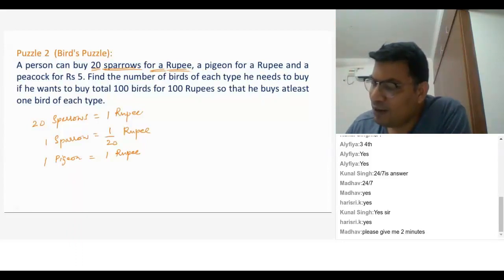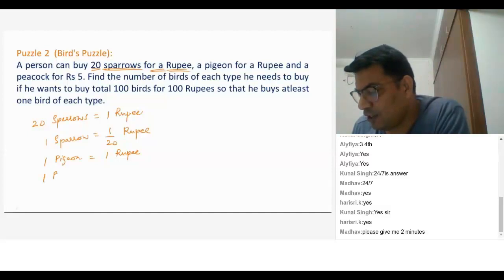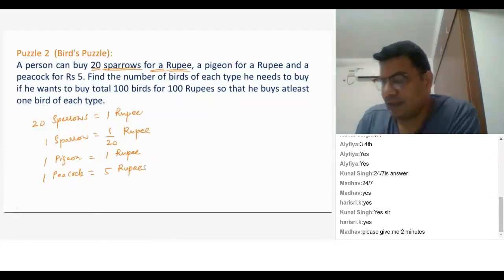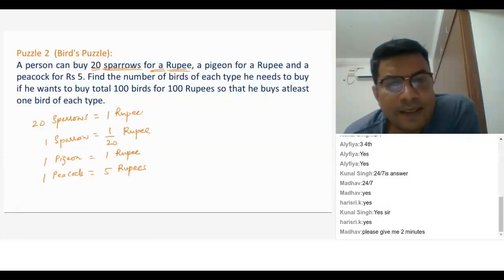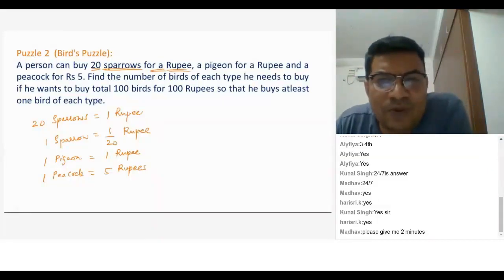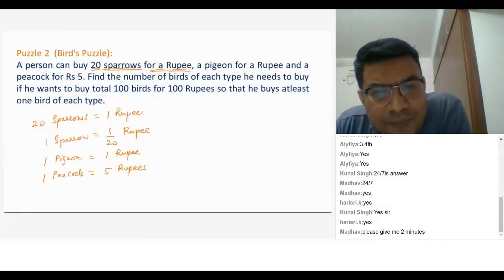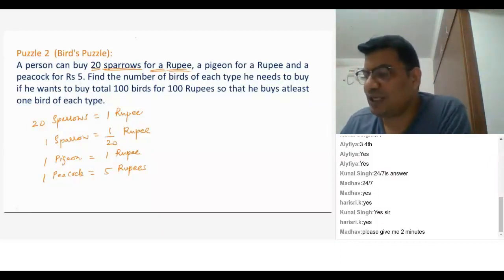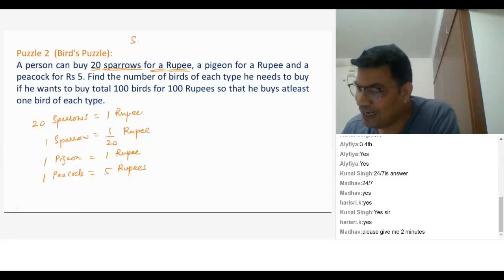And he's saying a peacock for 5 rupees. That means one peacock would cost how much? 5 rupees. Correct? Yes. Now tell me, did he tell you how many sparrows he has? No. Okay, so he did not tell you how many sparrows he has, but he's saying that find the